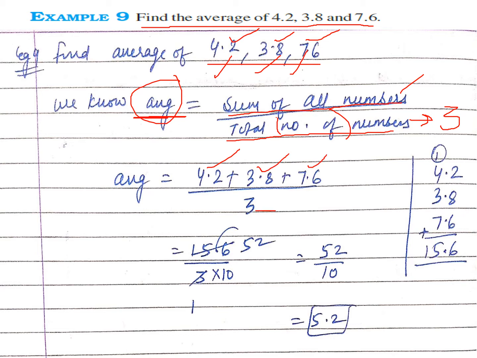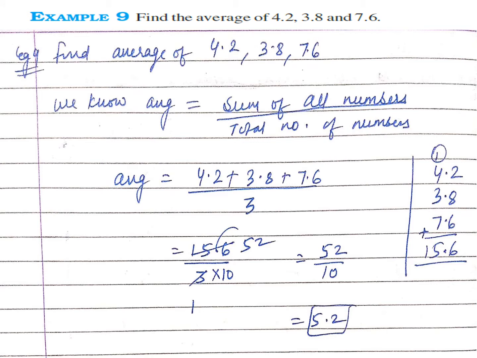Now there are two ways. Either you can remove decimals at this step only, or you can add them first and then remove decimals. Which one is better? I think adding them first would be better. Now you will ask why. The reason is simple. If you remove decimals of these three, you will have 10, 10, 10 below each, with plus signs in between. So is this easy, or is adding them and then removing decimals easy? So we prefer adding first and then removing decimals.